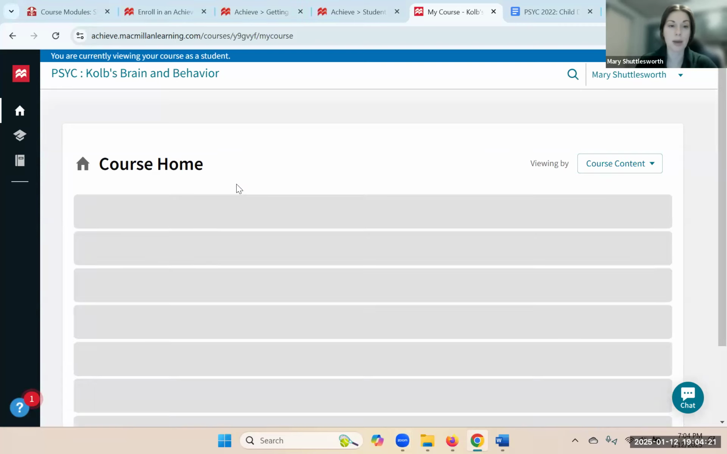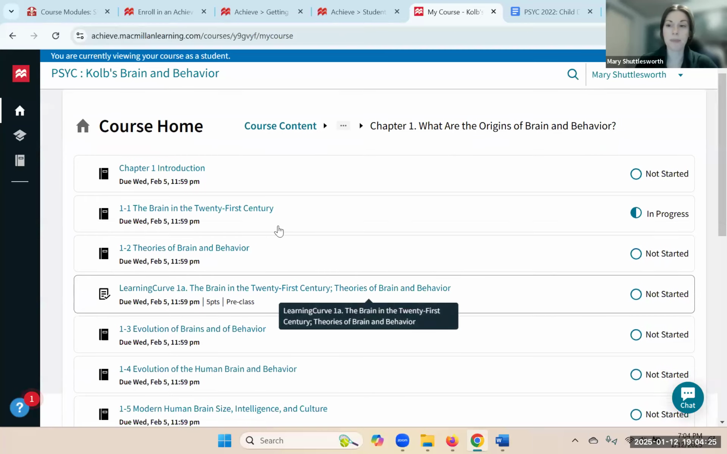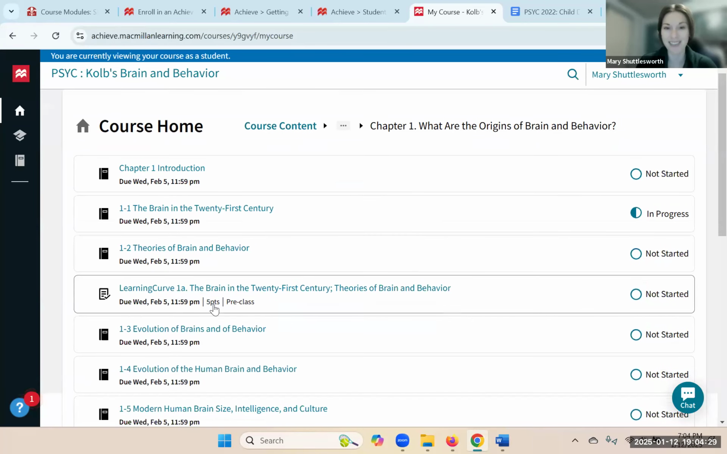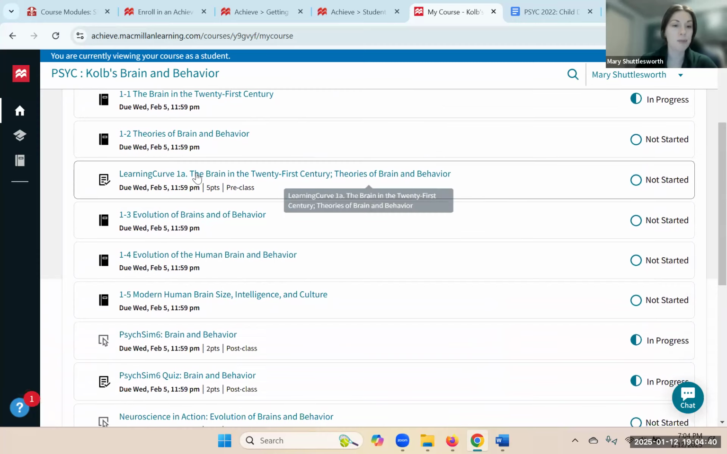So the Module 1 in Chapter 1. Basically, anything that has points next to it is obviously an assignment, right? So those are graded assignments. This little icon here indicates that this is reading. So the ebook is integrated with Achieve. So you can read as much or as little as you like, but obviously reading will help you do your